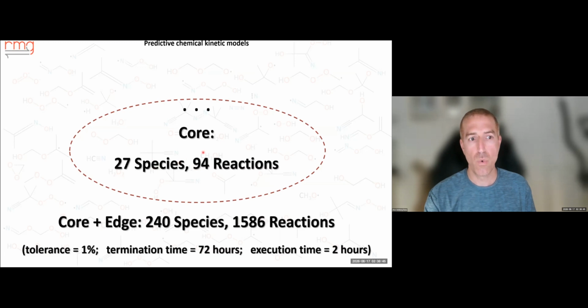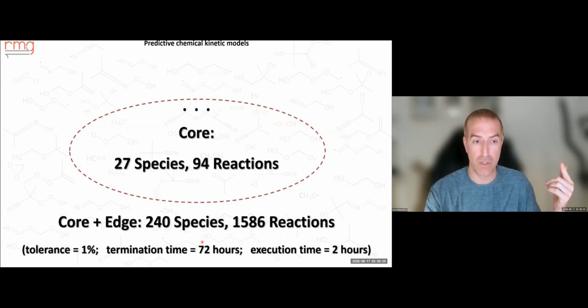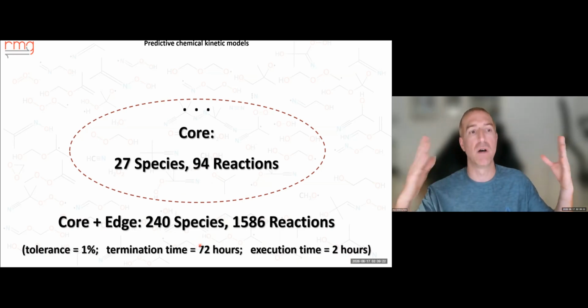And it also tells us which reactions are important. So we see here we need almost 100 reactions to describe this process. And the hard lifting here, the heavy lifting, is to know which reactions. So it gives us a list of exactly 94 reactions and telling us under these conditions, these are the significant reactions, and it also ascribes rate coefficients for them. Overall, RMG explored more than 200 species and 1,600 reactions, and again, that's a very small model. It ran in 2 hours, simulating a chemical time of 3 days. Usually, our models are much larger.